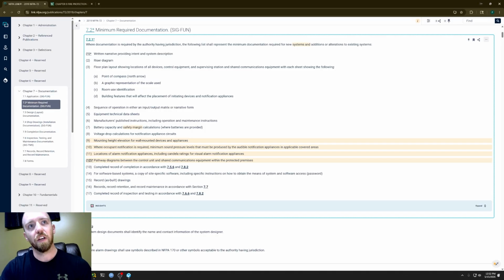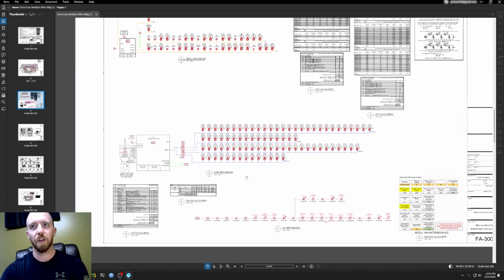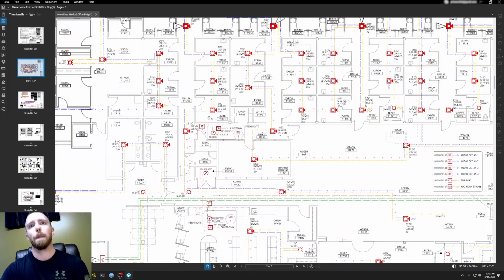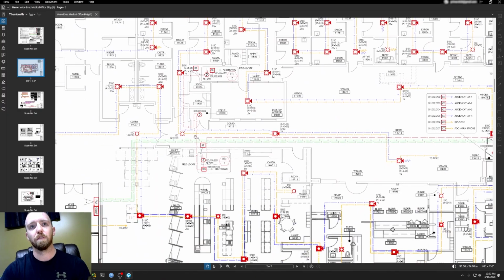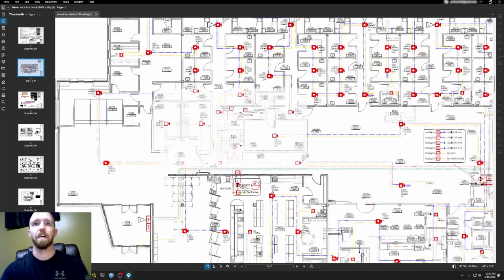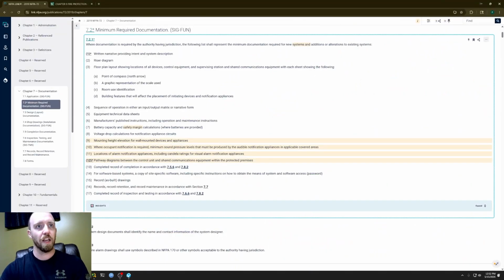Then the location of alarm notification appliances, including candela ratings for visual alarm notification appliances. I think we already covered that because they showed all of the locations on the floor plans of these visual notification devices, as well as the candela ratings are listed, and the wattage and the addresses are all listed on the floor plans themselves with the wire types. So they've got that. And then